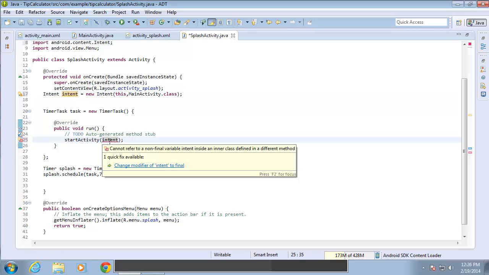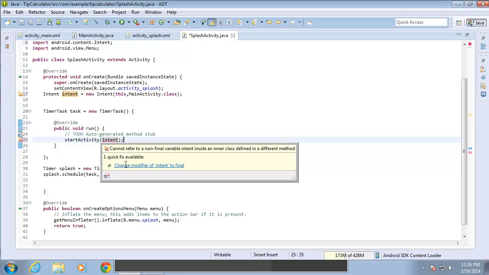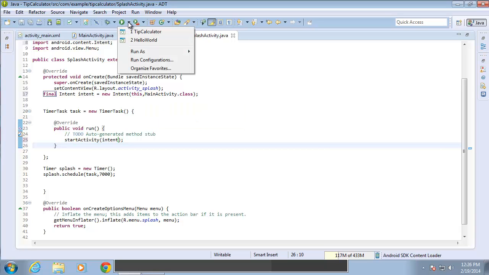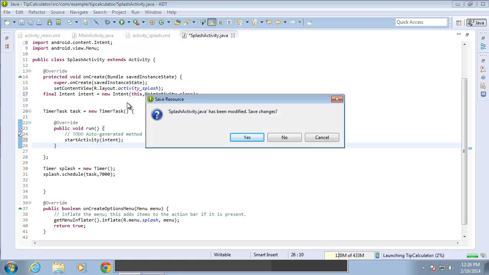And I currently have an error. That's because I need to change the modifier of our intent to final, so I'll go ahead and do that. And now everything is loaded. So after 7 seconds, the MainActivity should load. Let's go ahead and test our work. I'll choose run now for the tip calculator, and it's asking me if I want to save my changes. I'm going to say yes,